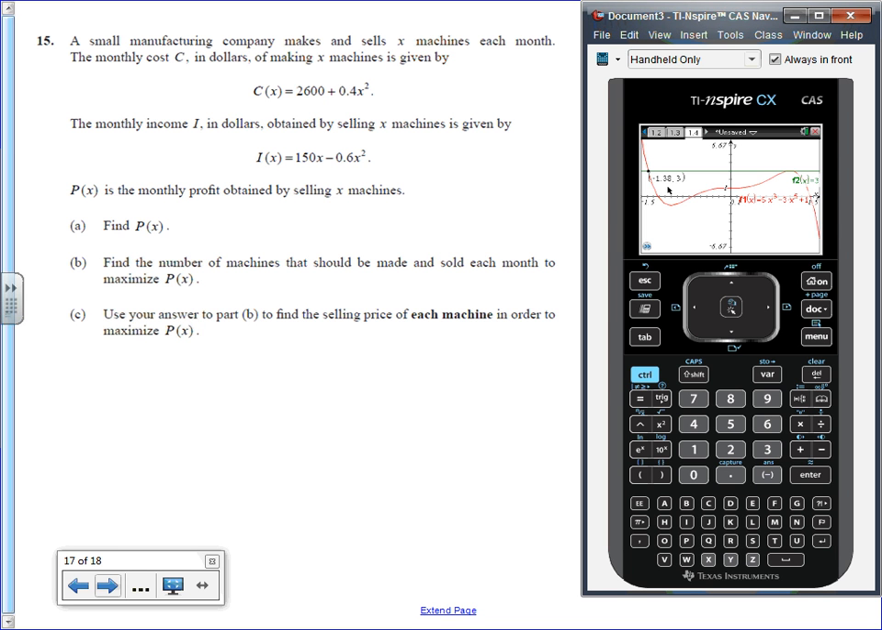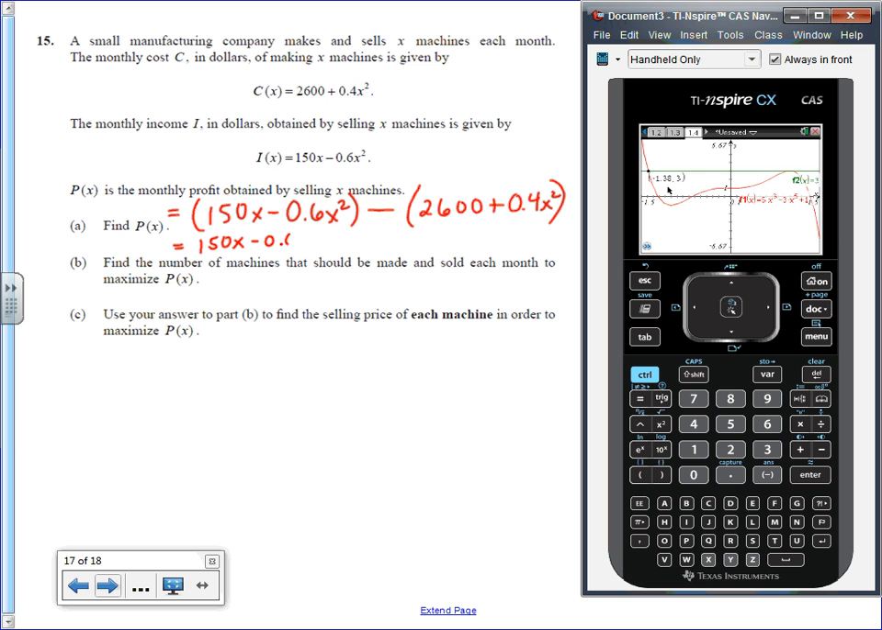So for your profit function, you want to do your income function, notice I'm putting it in parentheses, minus your cost function. The absolute most common mistake for this is forgetting to distribute the minus sign that you just put in front of that cost function. When you do this correctly, it'll end up being